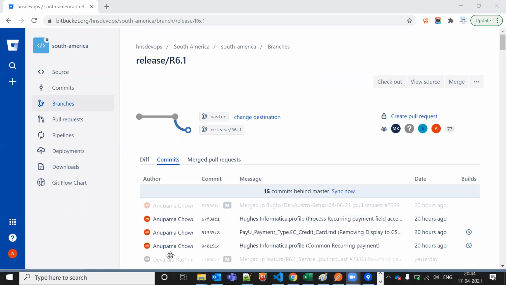Once we commit, we come to Bitbucket and create a pull request, giving approvers who will check our code. If everything is fine, they will approve it and merge it from the local branch to the main branch.